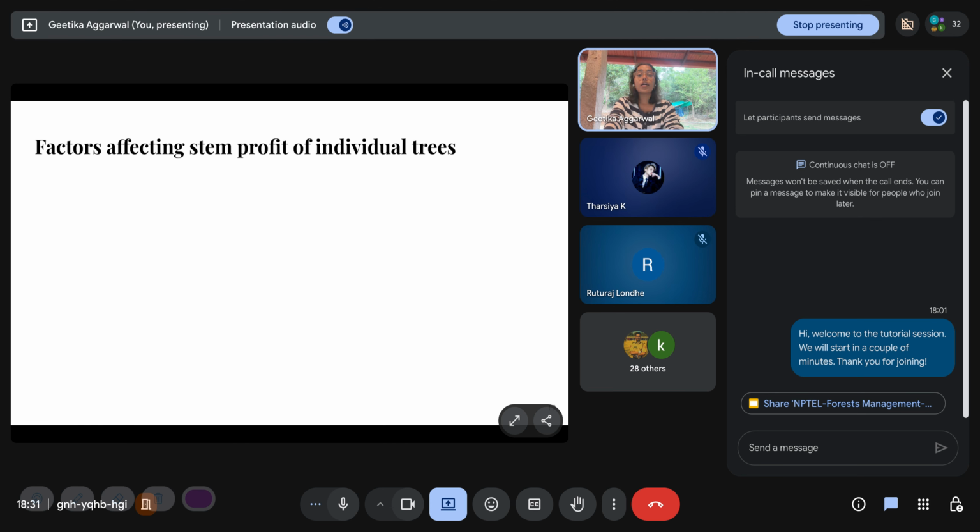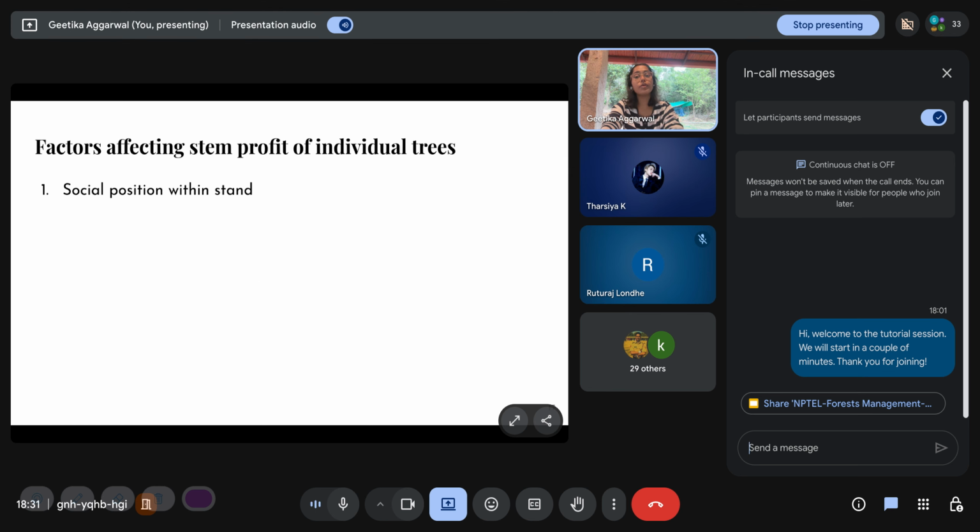Now, coming to the factors that affect stem profile of individual trees, or how much profit you can make from individual trees, or how well a tree will give you timber. Basically, you have different factors. One of them, as we saw, is the social position within the stand. So can anybody tell me